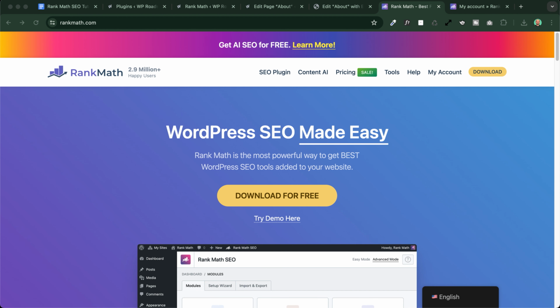Now, to make everything work perfectly, you need to create a free account on RankMath Pro. So you just need to go on the website,